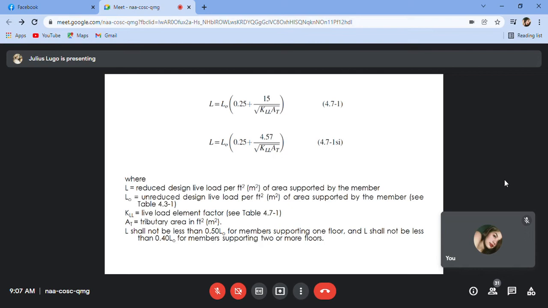Okay? 0.40. Rather, it's 0.50. Okay? Should not be less than 0.50. Pero yung for columns naman are for supporting members na greater than one story yung sinusupport niya. Well, your live load or your reduced live load should not be less than 0.40 of the specified live uniformly